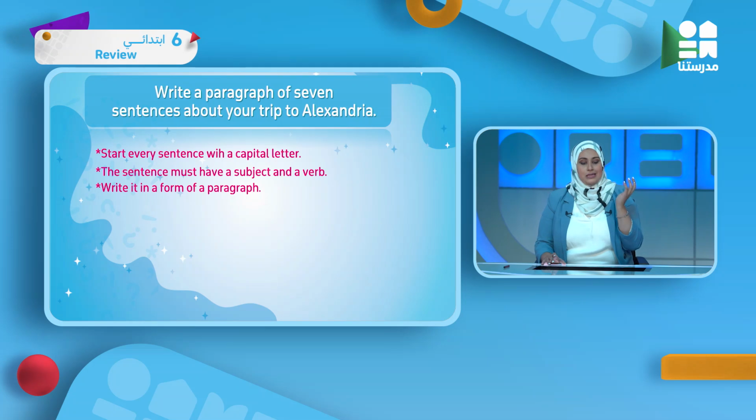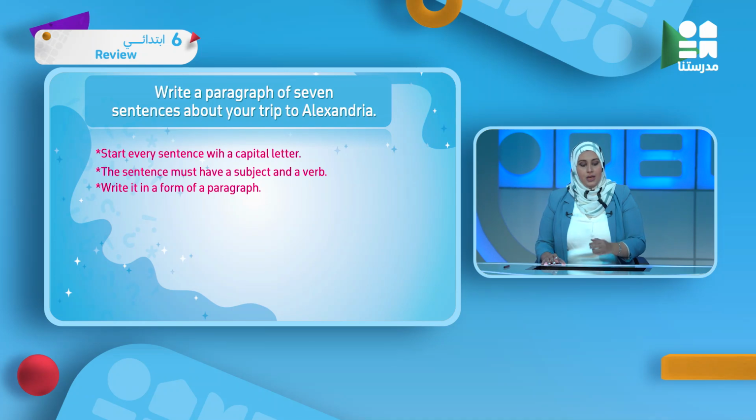طيب number 2 what is it? The sentence must have a subject and a verb. لازم يبقى عندي subject ولازم يبقى عندي verb. لازم أقول I went to مثلا Alexandria. ما ينفعش أقول went من غير I قبلها. ما ينفعش أقول I to Alexandria. Okay? It has to be a complete sentence. طيب